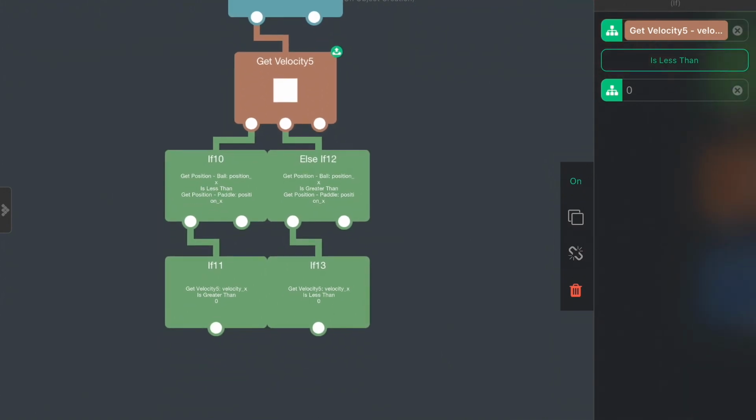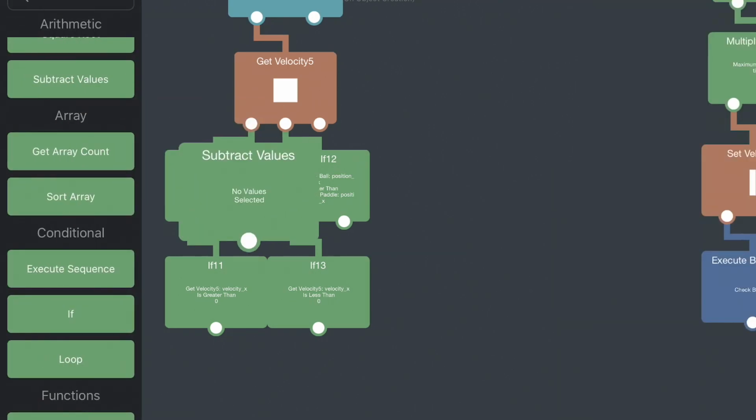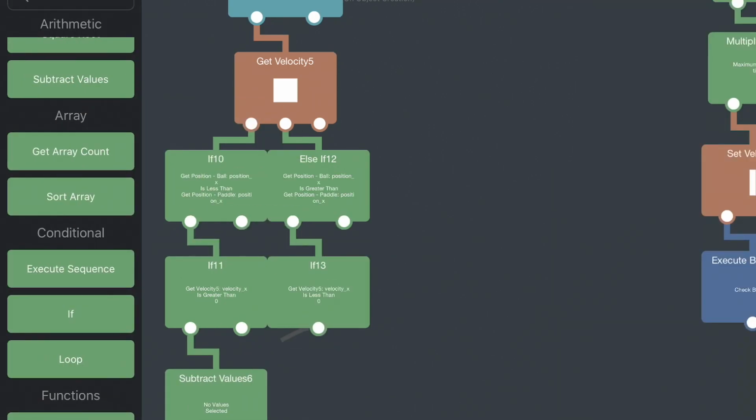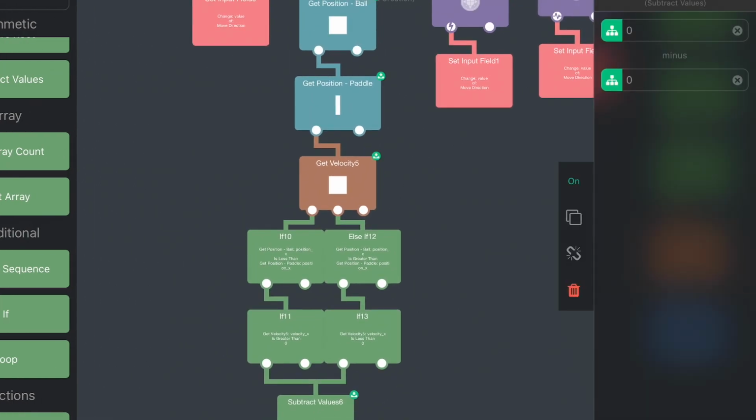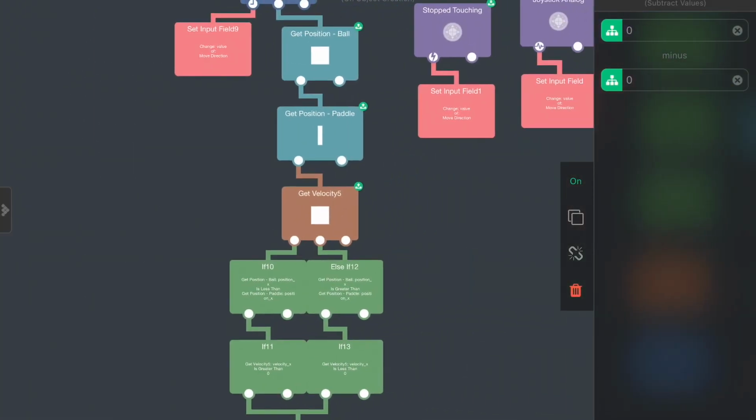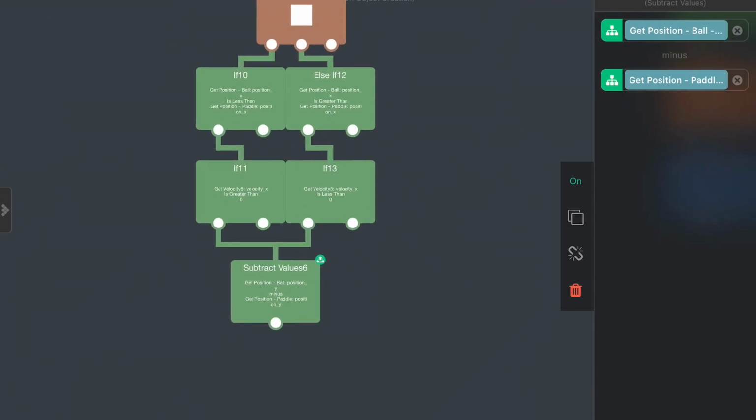In which case, let's do a subtract. We just want to get the difference in their positions. So we'll drag the ball's y position and the paddle's y position: the ball's y, the paddle's y. And this value we'll be using to change